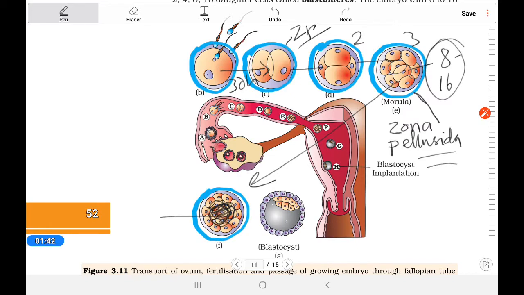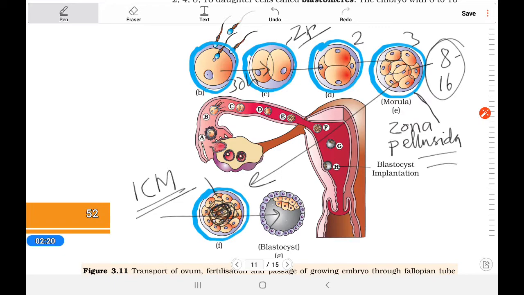cells called ICM, inner cell mass. Very important it is. You should know that the inner cell mass is one of the stem cells. It has the potential to form all the organs in our body. So if any genetic study or any biotechnological study is done, then we take out the ICM, and after that it is genetically improved, and we can keep it inside. Okay, and the outer cell mass.